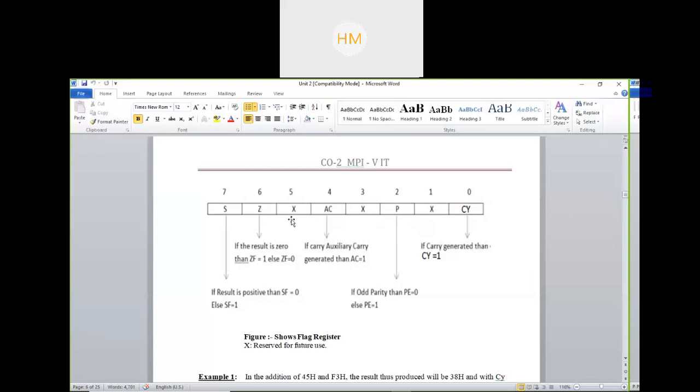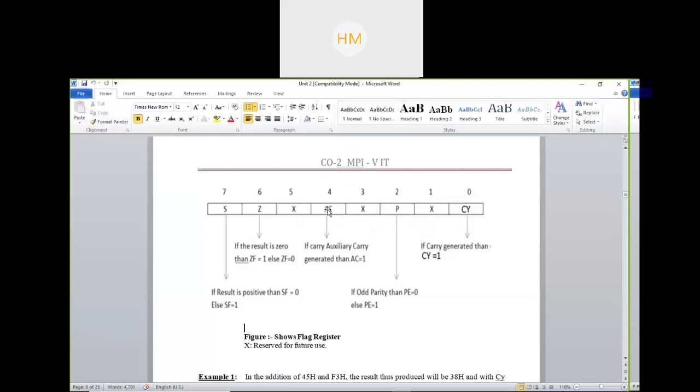So it consists of how many flags? 5 flags are mentioned in this. First, the MSB of the flag register is the sign flag. Then next is the zero flag. These bits are not used, these are reserved for future enhancement and development, so these are unused.